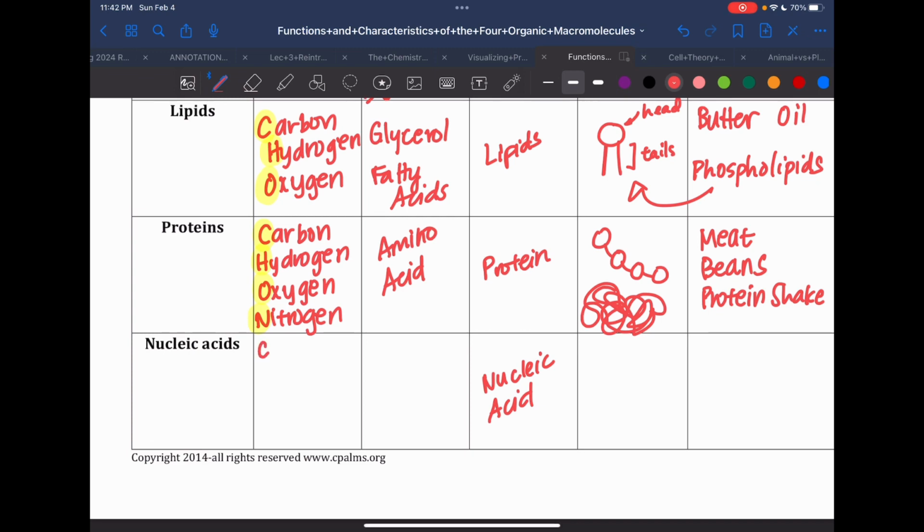This one is also going to be a little bit different. So still carbon, still hydrogen, right? Still oxygen, still nitrogen, and then one more is P, which is phosphorus. Right, so this one is CHONP. So instead of it being an M, it's a P, right? So the nucleic acid, your monomer is going to be a nucleotide,